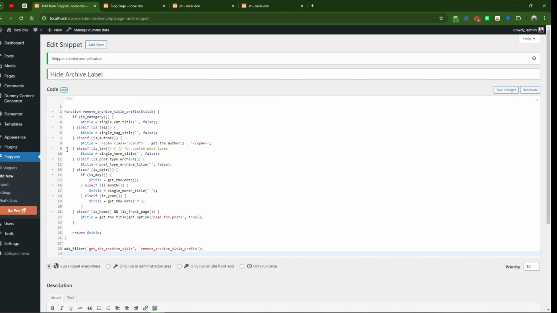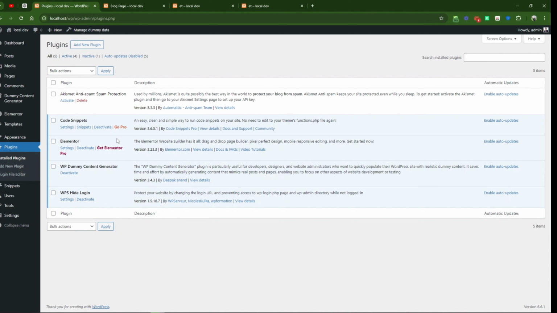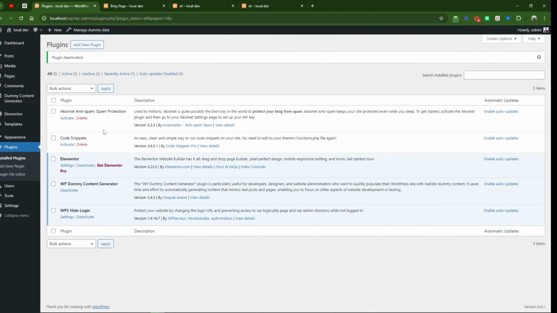So this was our plugin method. But if you don't want to use a plugin, then there is another way, which is using a child theme. So before using a child theme, I will now deactivate the plugin. This is for the user who doesn't want to use an extra plugin just for adding a code. So instead we will use a